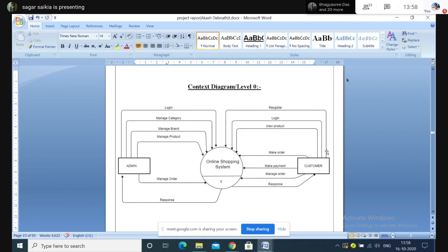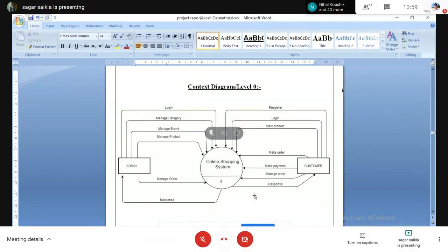The customer on the other side, what he has to do, he cannot directly log in. First he has to create an account, isn't it? So for that he has to register. Once he has registered, he'll be generating username and password, and accordingly he'll be able to log in, and the response will be there whether he is able to log in or he's unable to log in. Then accordingly, he can manage order. That means he can put up the order. He can make payment. Manage order means he will select which are the items that he wants to order, and accordingly he'll make payment and confirm the order. And the customer can also view the order depending upon the order ID. He can track all those information.